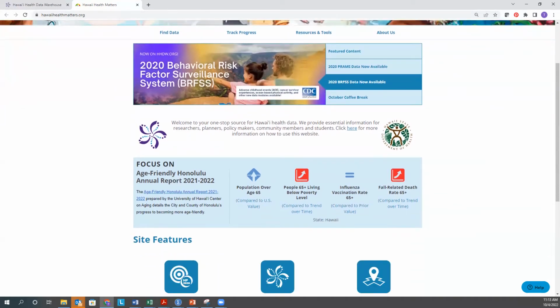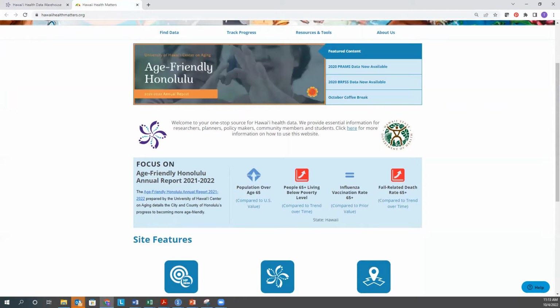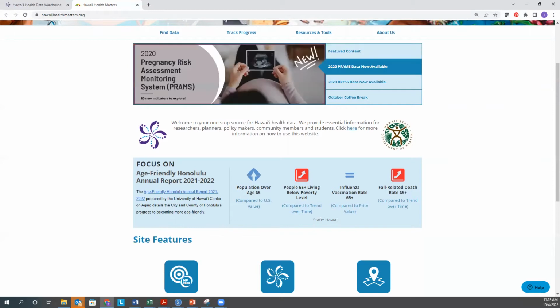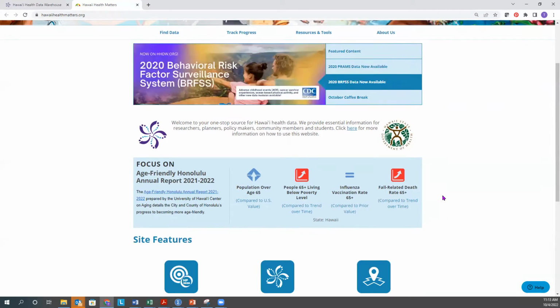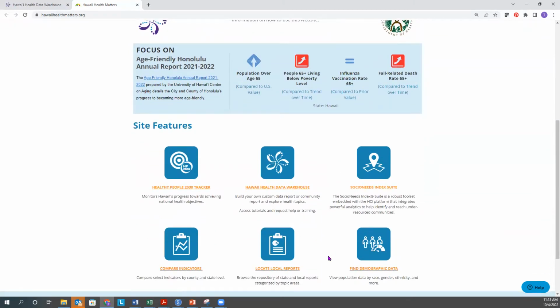Scrolling down, you can see a little focus on dashboard that is going to be related to the featured content of the month, and that gives you some indicators that we have in the system, just a selection of 4 that are related to this month's featured content. If you're looking at these icons and you don't remember what they meant, you can hover over the icon and it will give you a little bit of information in terms of how to interpret that.